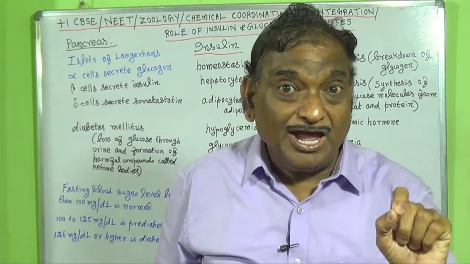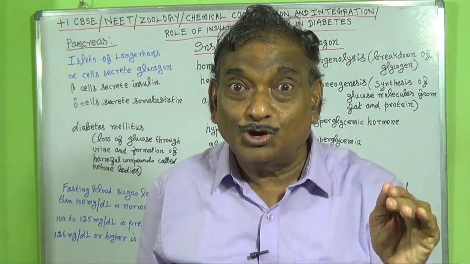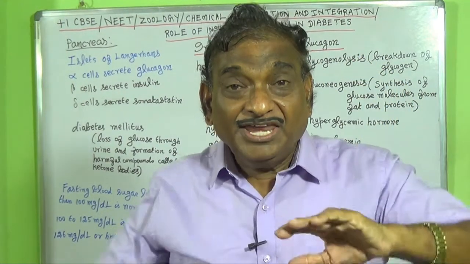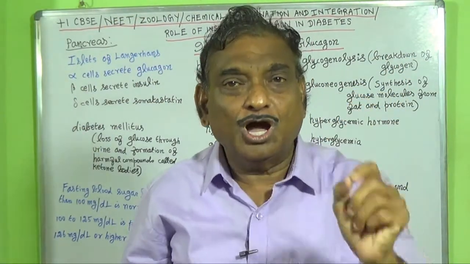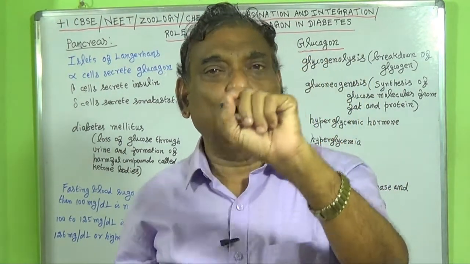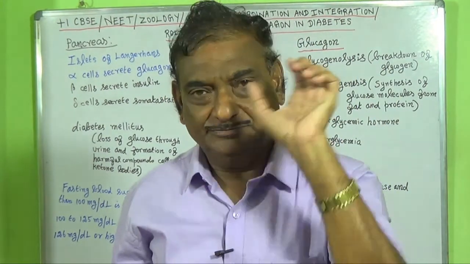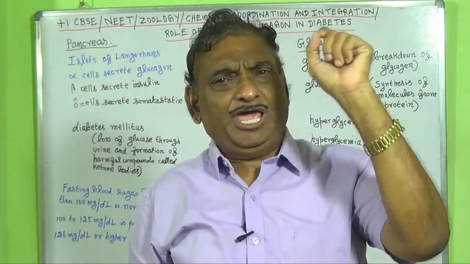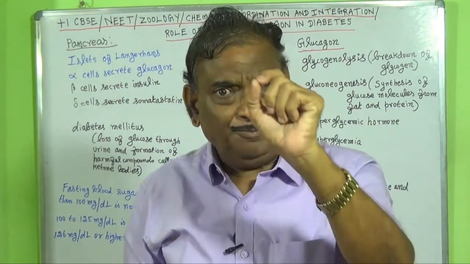The third function of the glucagon is it reduces the uptake of glucose by the cells. In these three ways, glucagon hormone increases the blood glucose level, so that glucagon hormone is called hyperglycemic hormone. This process is called hyperglycemia. Do you know what are the types of diabetes? The types of diabetes are type 1 diabetes and type 2 diabetes.